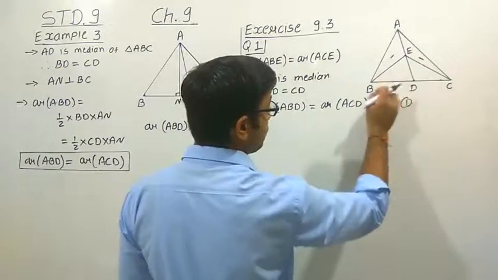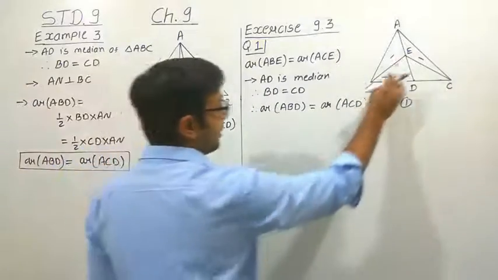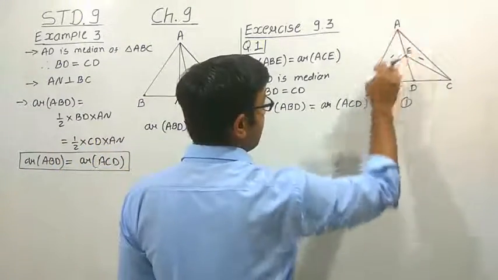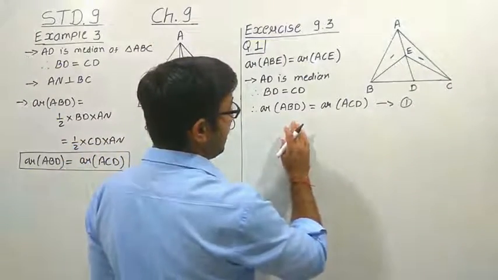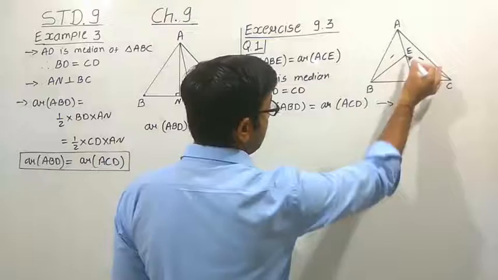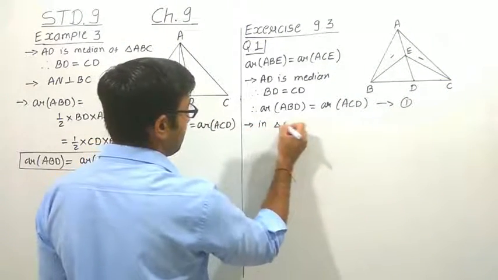That means this much of the area of EBD we have to subtract. If we subtract the area of EBD, then we get the area of ABE. So the same thing that we have done here. Now we can think about another triangle, EBC. You can see that here in triangle